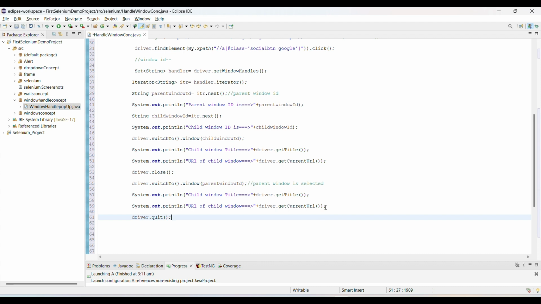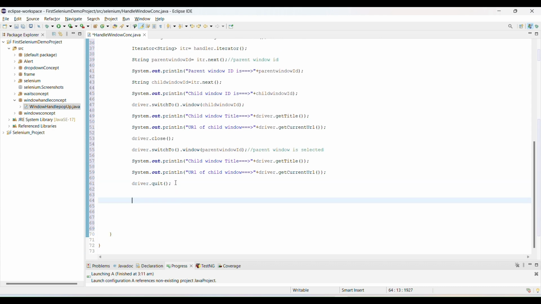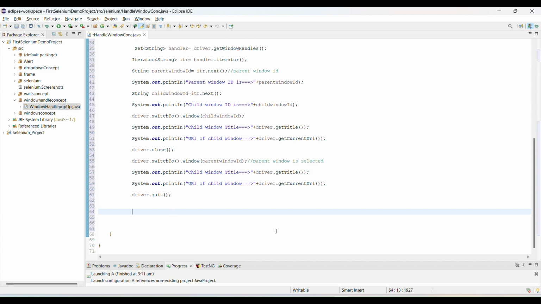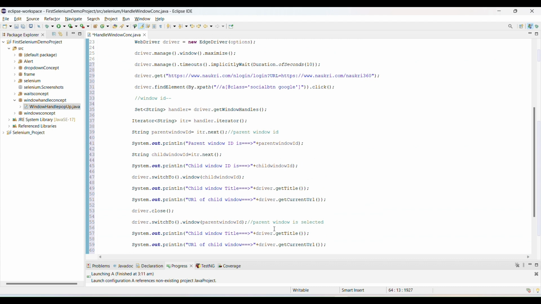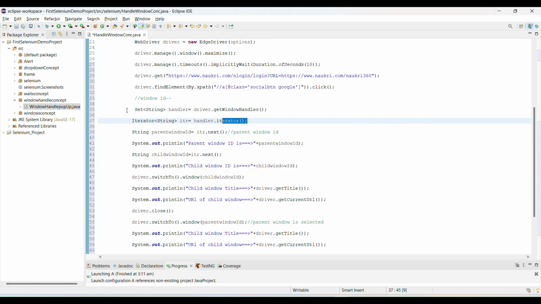After that, guys, right now my script is completed, right? My program is completed here. Let's check all the tasks. We used driver.getWindowHandles, so we are getting a set of strings. So how are we going to access the set of string values? We simply use an iterator, because a set stores values in a random way. There is no index available inside the set, right? So that's why we use an iterator.